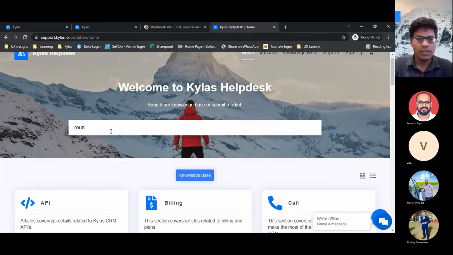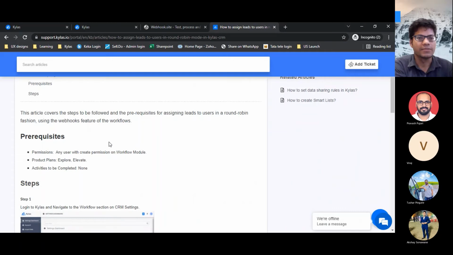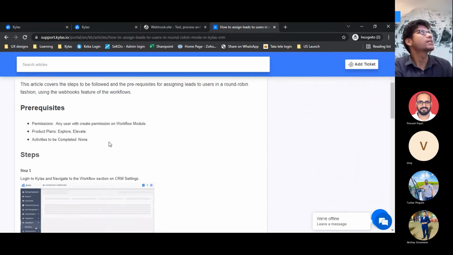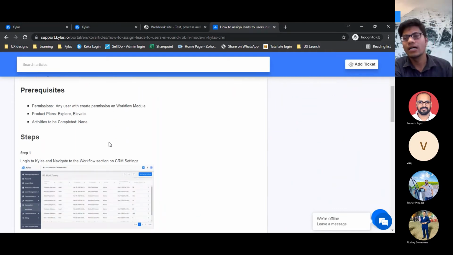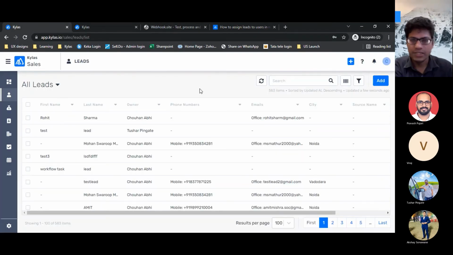So what a round robin assignment is, whenever there are leads in the system, we would like to assign those leads in a round robin fashion to our sales users, right? So let's say there are 5 sales users in a city called Pune, all of them looking after the leads of Pune.